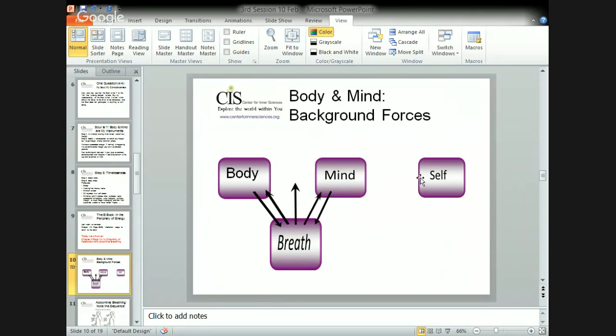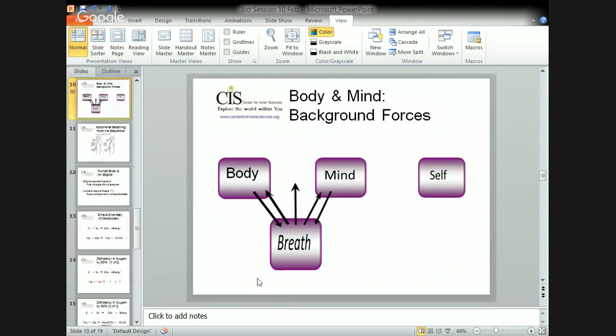I am body, mind, and soul. This is my non-voluntary forces, background forces. In particular, breathing is there. Notional station between body and mind. This is what we are discussing today. What is going to happen, and that corresponds to step number 2 in the 5-step strategy of Patanjali, the deep breathing.